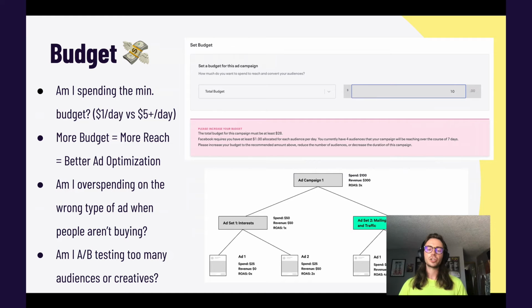But the way your campaign actually works is we have your total campaign budget. We can see this example here, maybe a $100 budget. It's split up into 2 target audiences, basically like that interest and then maybe the group remarketing. And then underneath that, we have all the different variations of your ads if you're doing a lot of A/B testing. So basically, if we add in a ton of variations, what's happening is that budget is being spread so thin